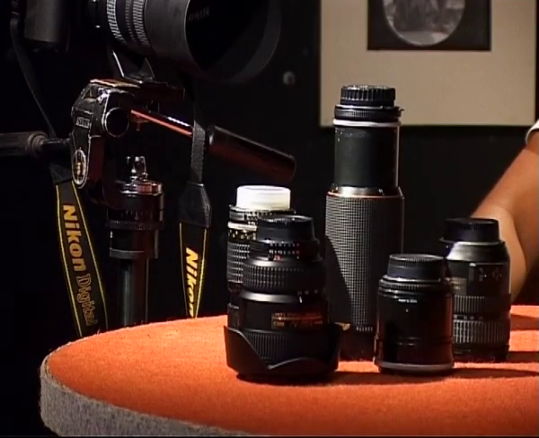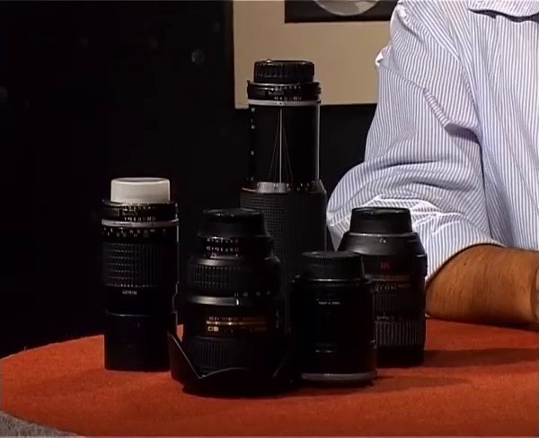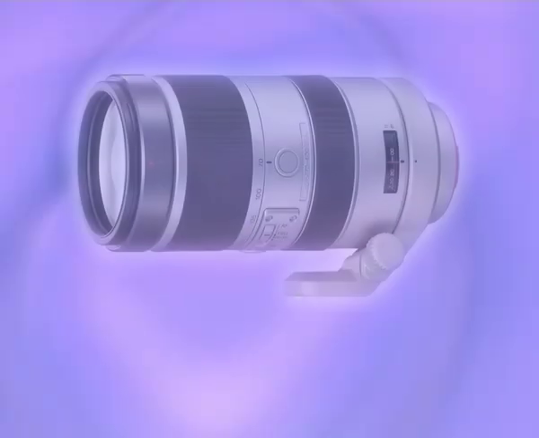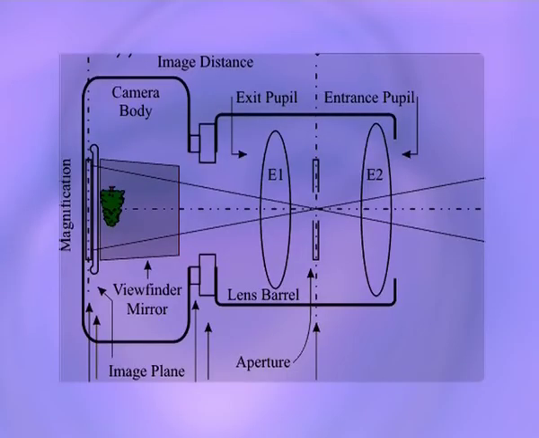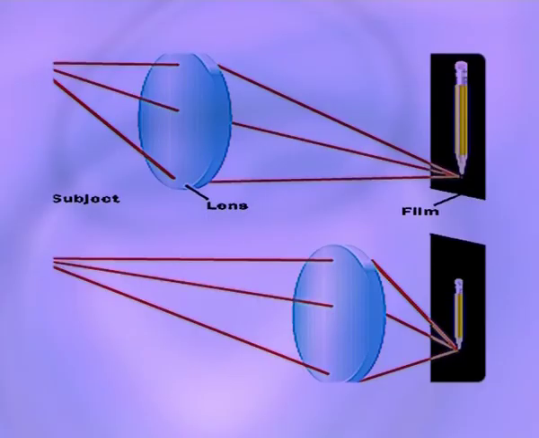Today, as you see, we have so many lenses in front of us. A lens is a very crucial part of a camera, though technically a lens is separate from a camera body. The purpose of a lens is to make a sharp image onto the image plane. Therefore, it focuses light or collects light, and because of the property of the glass, it enables it to collect light from a wide angle area and focus it or make a sharp image